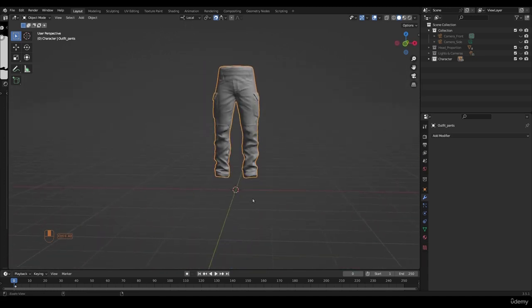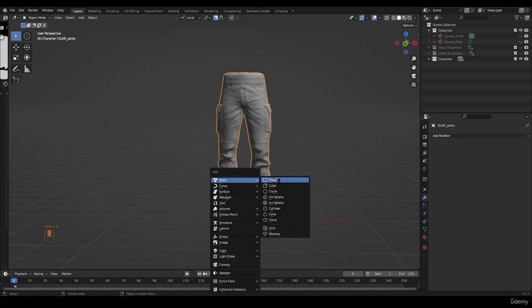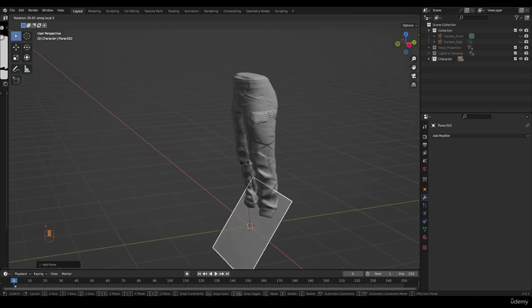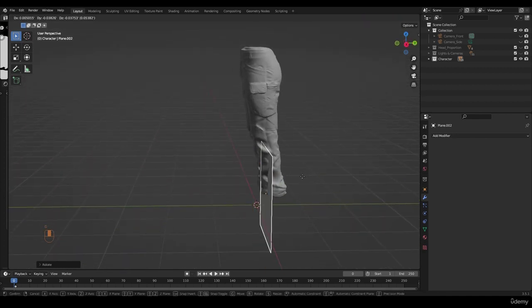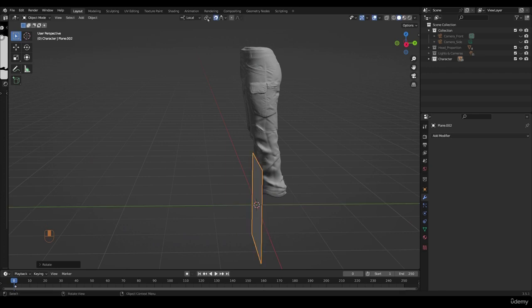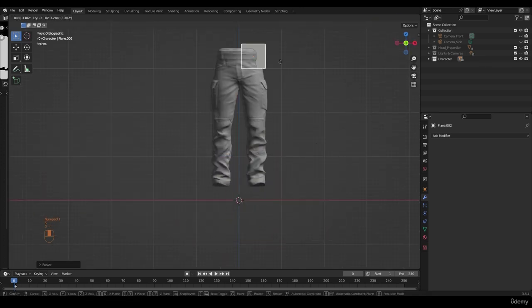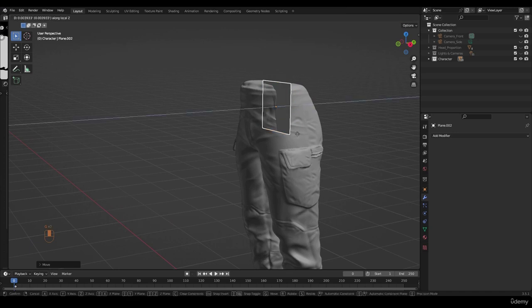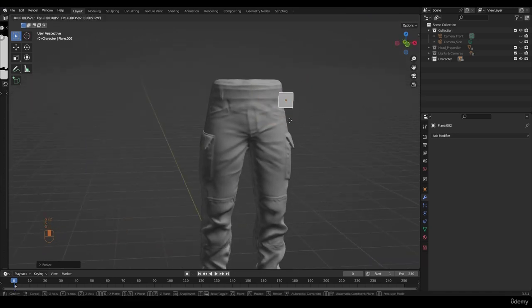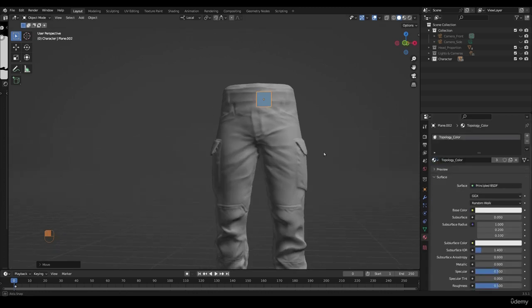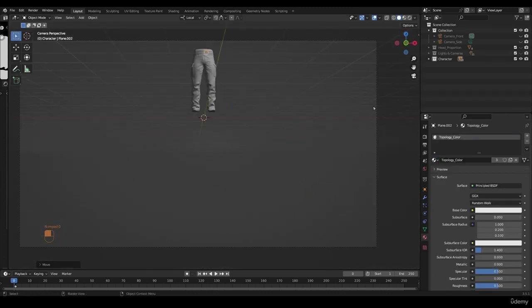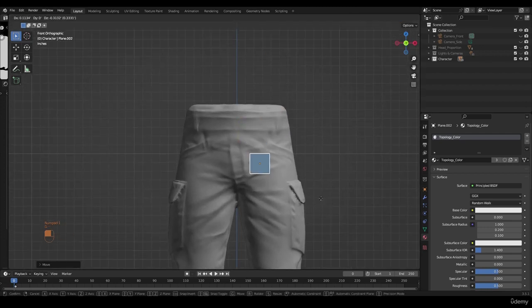We could go ahead and create a plane, RX 90 degrees. All right, and turn off the snap tool for now. Okay, let's go ahead and scale this down, move it up. I'm going to move it forward. Okay, and we could go to our material and just set it to the topology color. All right, go ahead and